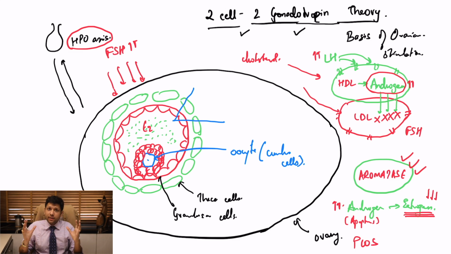There are lots and lots of things which we are going to cover regarding follicles. For example, how does the follicle from pre-antral to antral and from antral to pre-ovulatory develop? Okay, the effect of these follicles on the receptors, which we are going to study in our next masterclass.